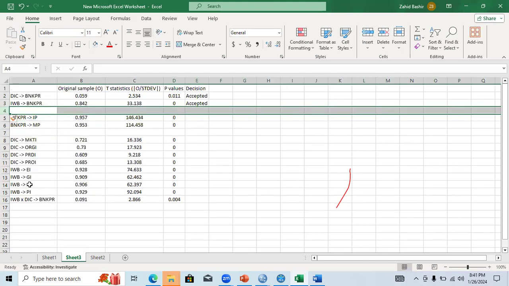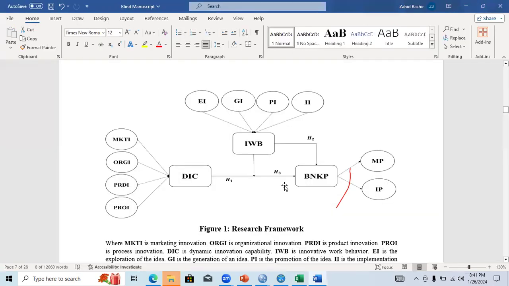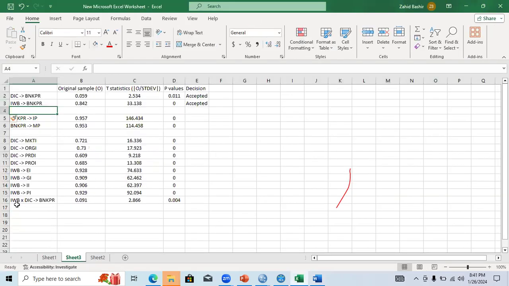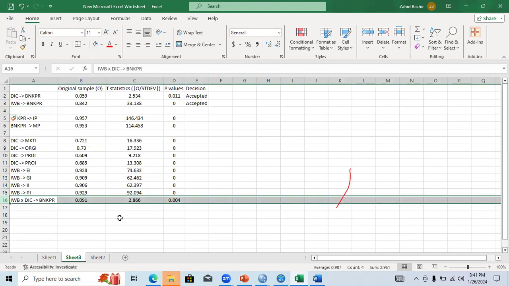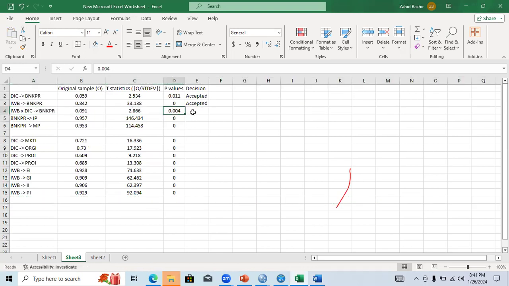Then what is my third hypothesis? If I look from here, my third hypothesis is the moderating impact of IWB between DIC and bank performance. So I need to see from here, this is the moderating impact. I can put it here, and yes, this is also significant.